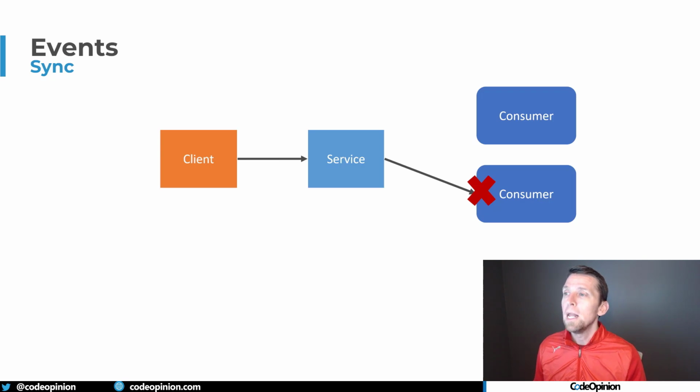What do we do? I would much rather have each consumer execute and handle that event in isolation. If we're talking about something in process, as an example, if you're in .NET, this is exactly how Mediator works when you deal with notifications and publish notifications, is that each handler is going to consume that message and do whatever it needs to do. But if there's a failure, you need to deal with that where you actually published it, and it's blocking.